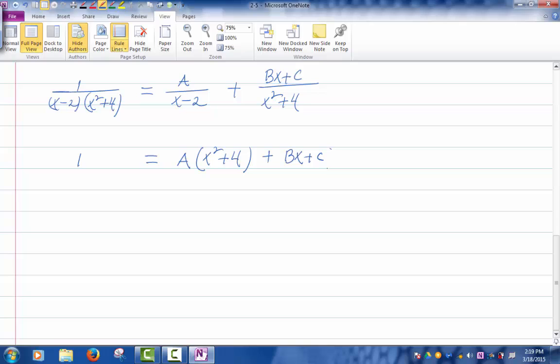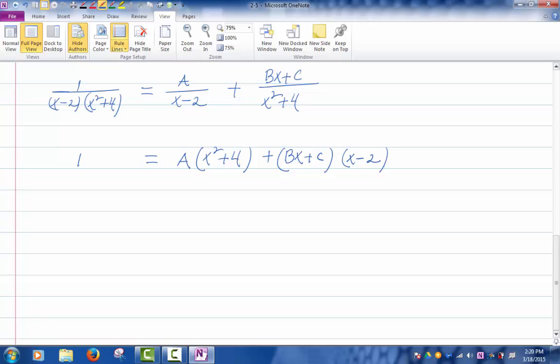I get bx plus c, and that would be multiplied by, you agree? Multiply both sides by the denominator of the left-hand side, and you're going to end up with that. Is it right? Because you're going to multiply a divided by x minus 2 by x minus 2 times x squared plus 4, right? But you have an x minus 2 in the denominator, so it's going to cancel out. You're going to end with x squared plus 4 there. In any case, so now what we need to know is how we could